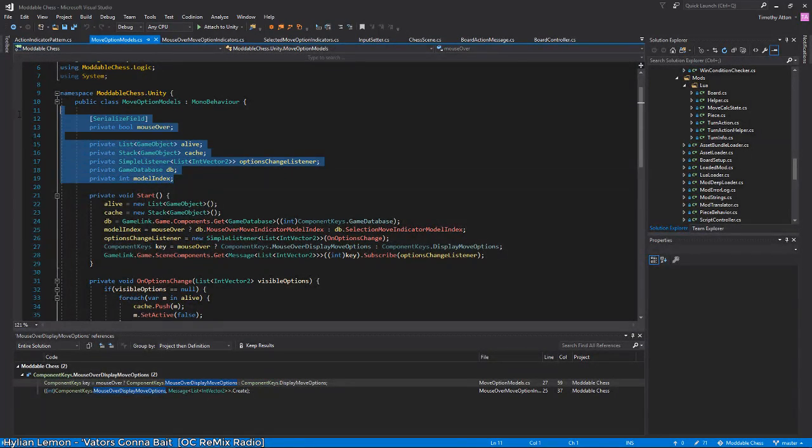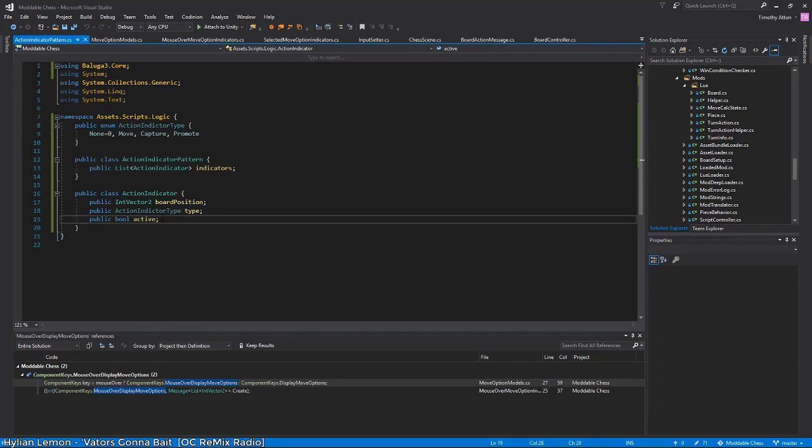I guess we'll still use that, but we should also have another flag here. Well, maybe not. I was going to say another flag for if it's a mouse over or selected, but